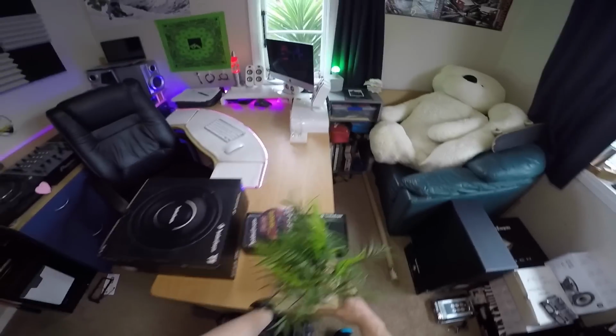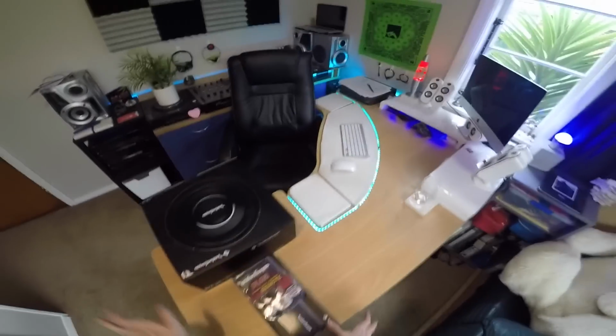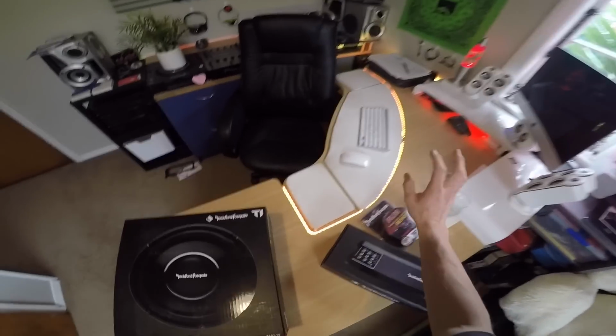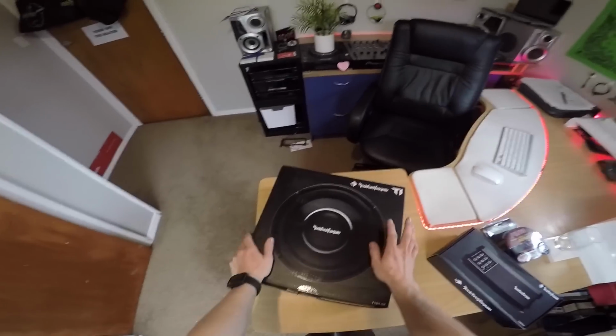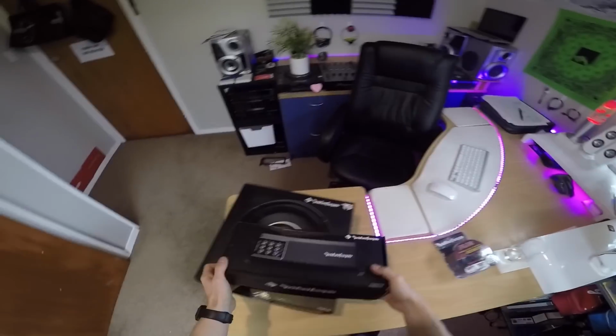And this thing, might just move this. So yes, in this video we're looking at basically my amplifier, the remote that goes with it, and subwoofer. So let's start with the amplifier. So this is the Rockford Fosgate